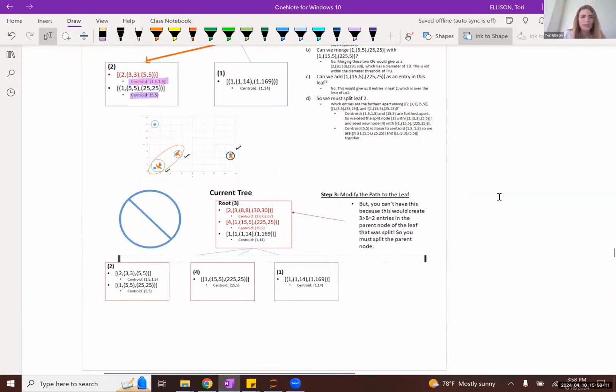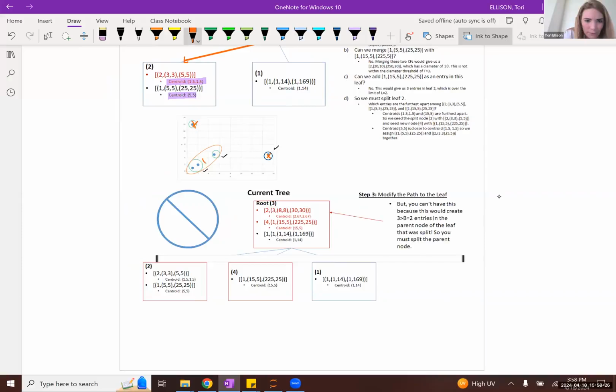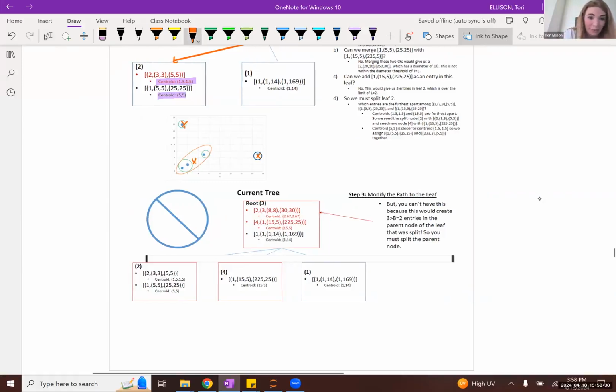So basically, we find the two furthest apart centroids, and we use those as seeds for the two nodes we are now creating. Then we assign all remaining clusters to their closest seed cluster centroid.